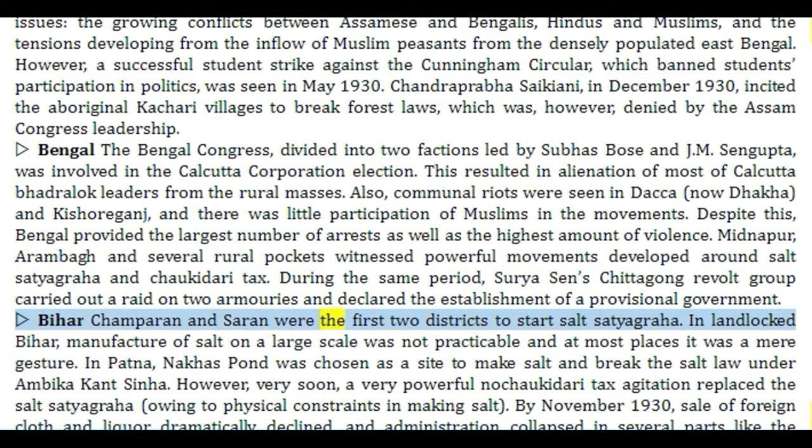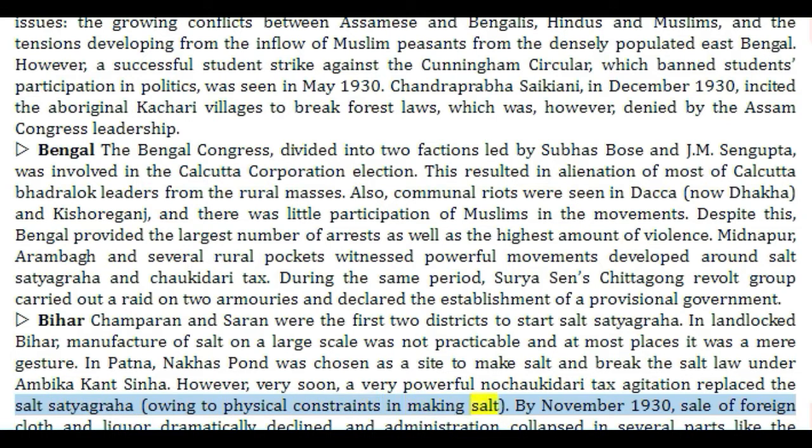Champaran and Saran were the first two districts to start salt satyagraha. In landlocked Bihar, manufacture of salt on a large scale was not practicable, and at most places it was a mere gesture. In Patna, Nakhas Pond was chosen as a site to make salt and break the salt law under Ambika Kant Sinha. However, very soon, a very powerful No Chowkidari tax agitation replaced the salt satyagraha, owing to physical